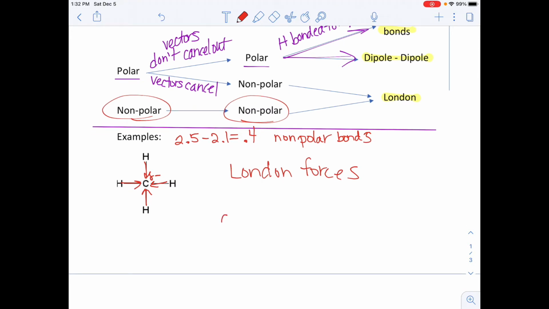And what I mean by that is if we had another CH4 molecule next to it, and let's say for now, in this molecule, there's a partial positive towards hydrogen since the electrons are going towards carbon. However, at that given moment, let's say these electrons are moving in this direction, and we have a partial negative on this end. We know positives and negatives attract. However, this attraction is kind of temporary, right? Because the electrons are going to keep moving, and then the poles, the polarity and the different positive and negative will